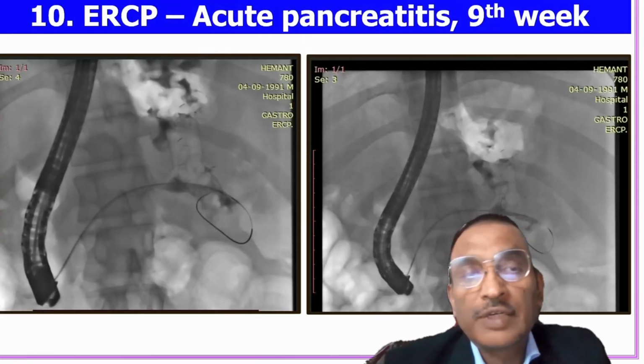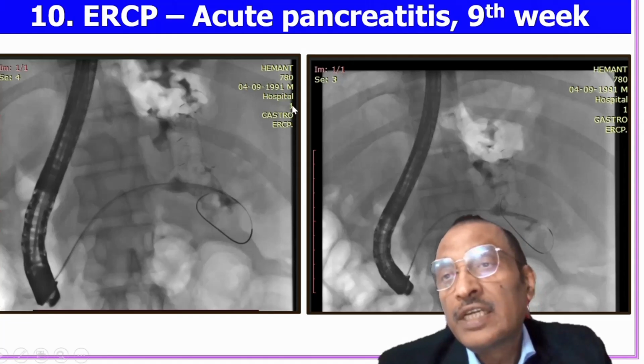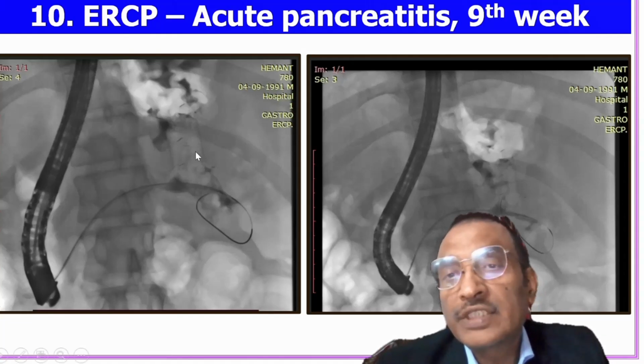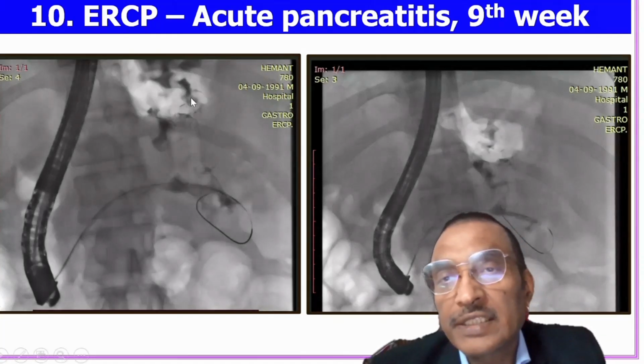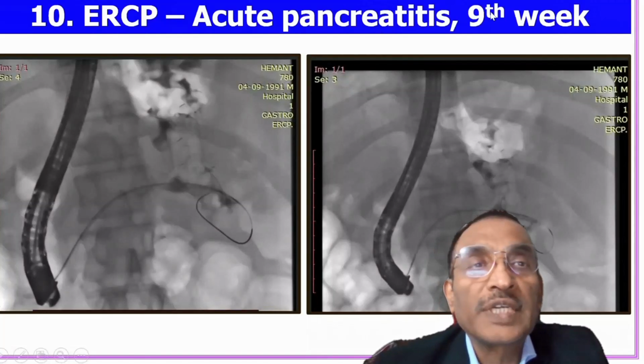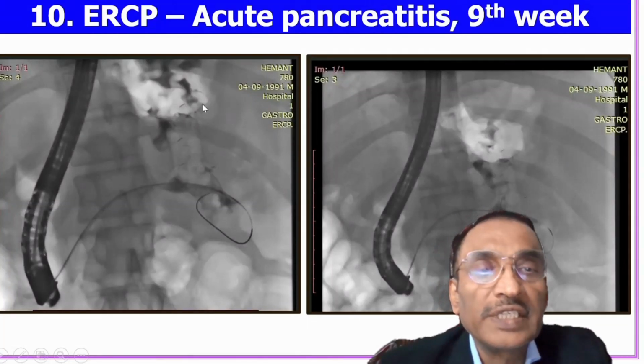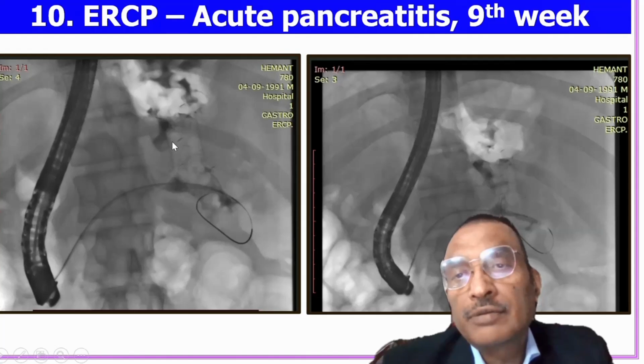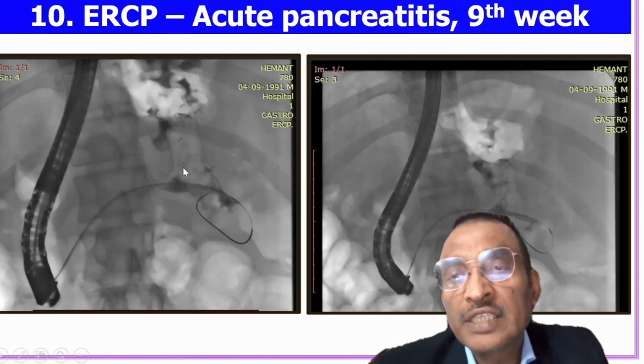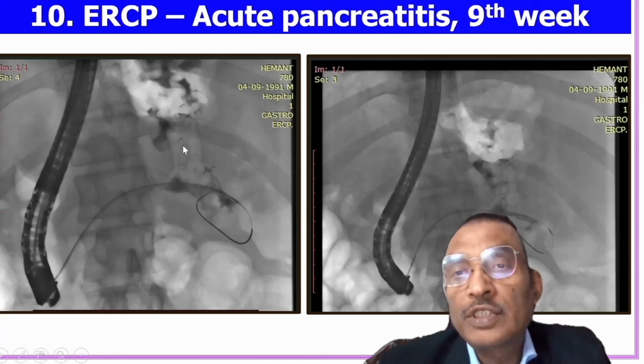So what are you seeing here in the plain X-ray? I told you, in this X-ray you are seeing a metal stent. So this is a case of acute pancreatitis in the ninth week. So you can easily guess. So what was the case? It was a case of necrotizing pancreatitis with walled off necrosis. One was drained using LAMS. So this is